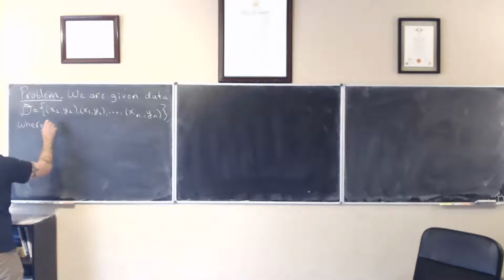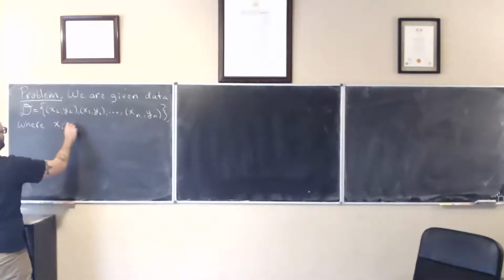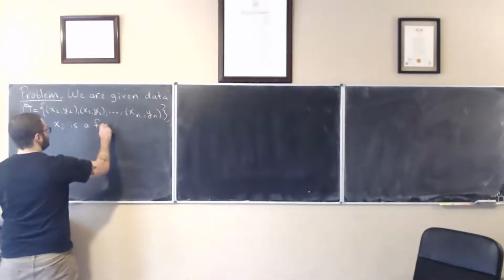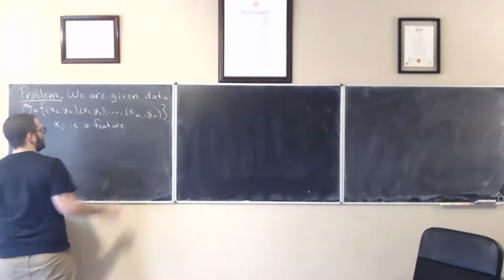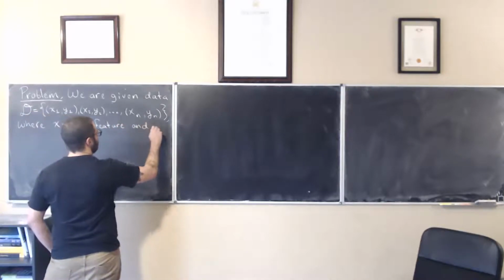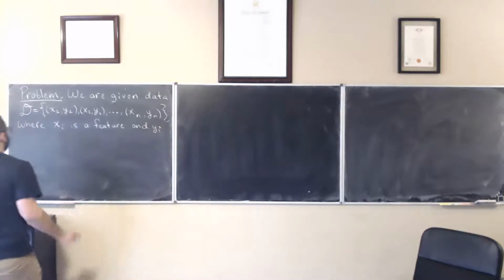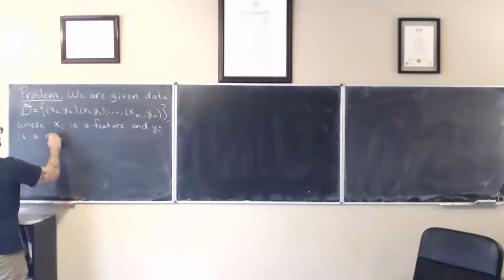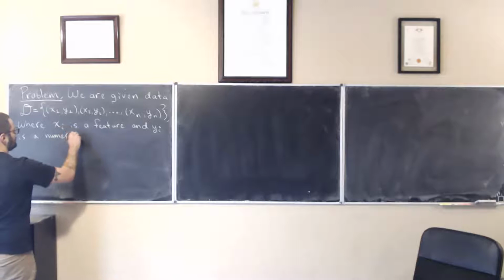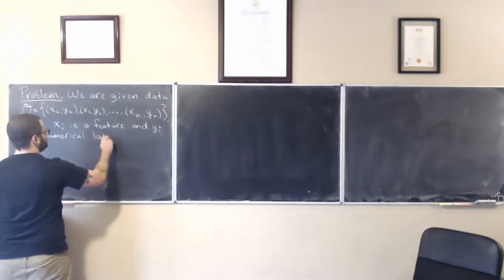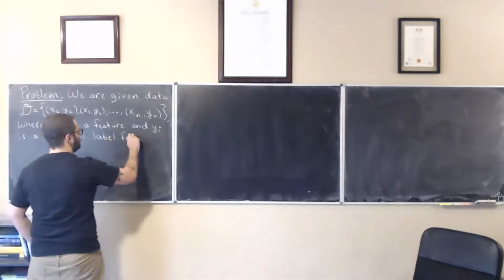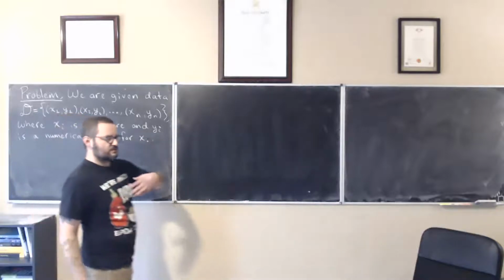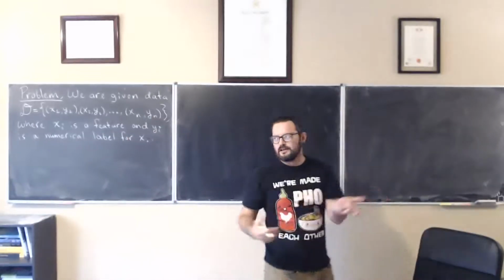Where xi is a feature or a measure of that data, and yi is a numerical label for xi. So we make some measurement xi, and that measurement corresponds to some value y, and we're trying to